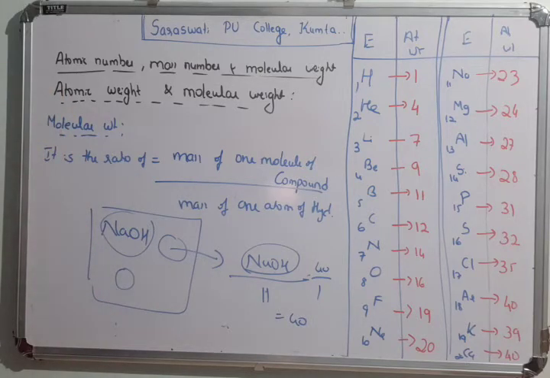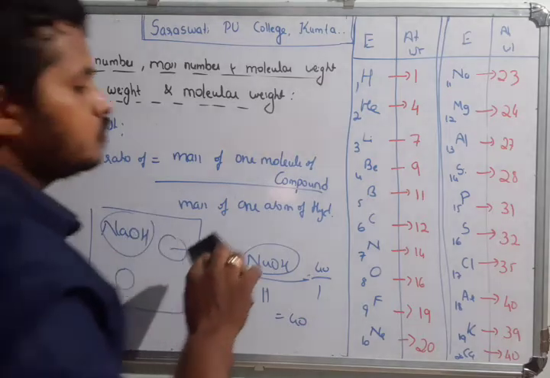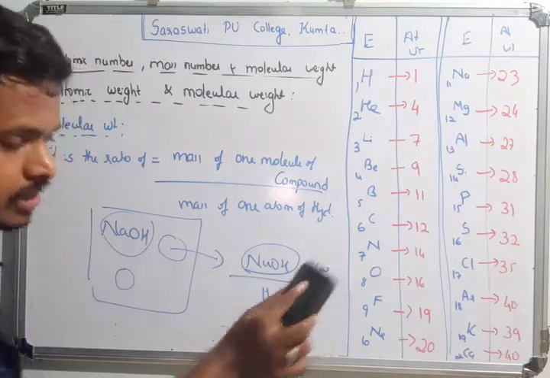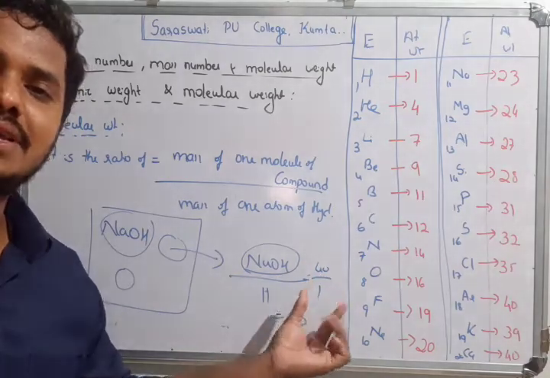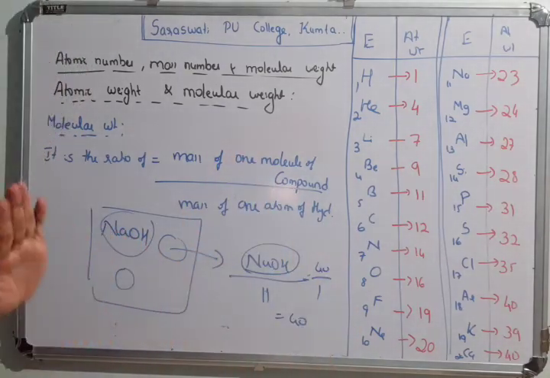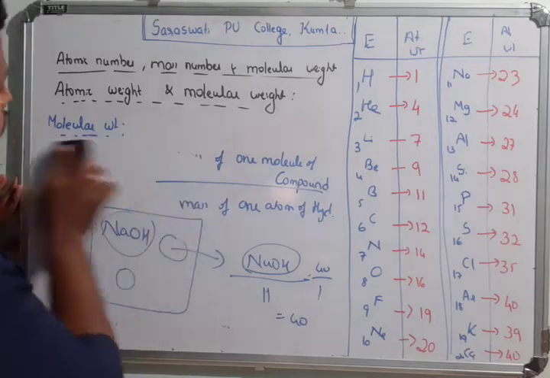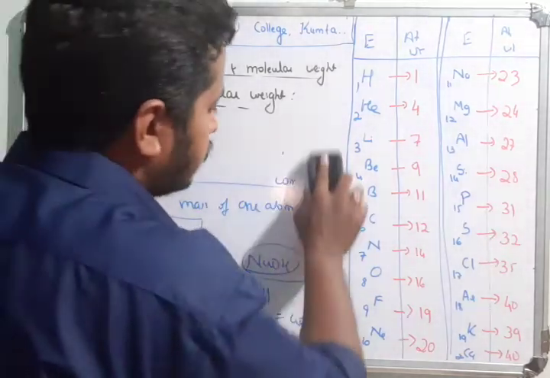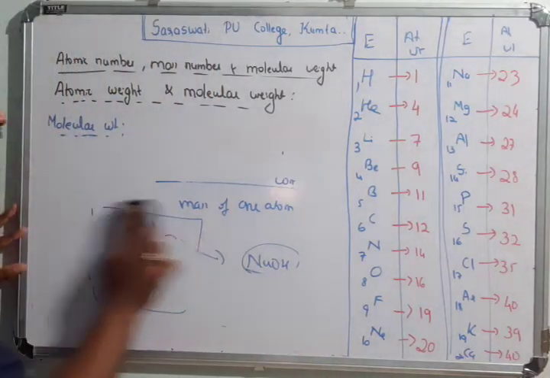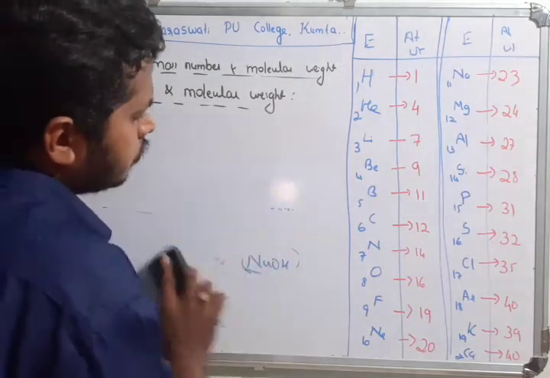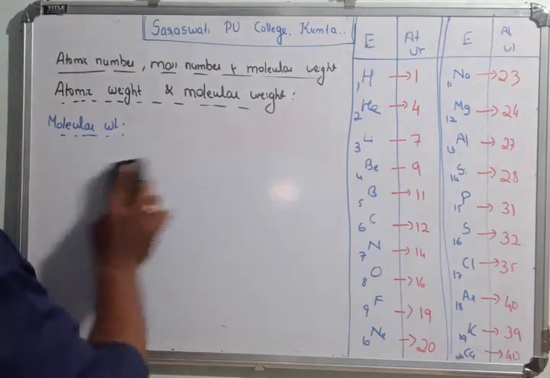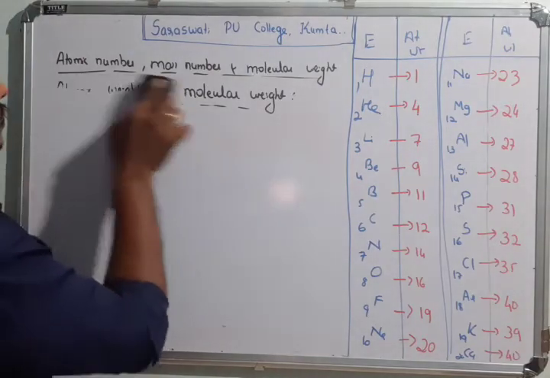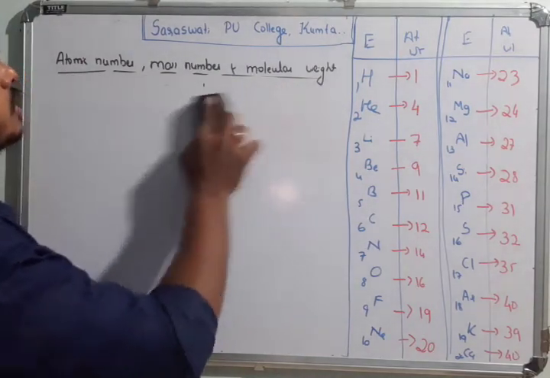So without wasting any time, let me tell you how to find the molecular weight. I just told you that it is 40, right? But how is it 40? How are you getting the molecular weight as 40? That I'll explain now. Finding the molecular weight is very important in chemistry, because of so many calculations. In the next part we'll do some calculations. For that, we need to find the molecular weight.